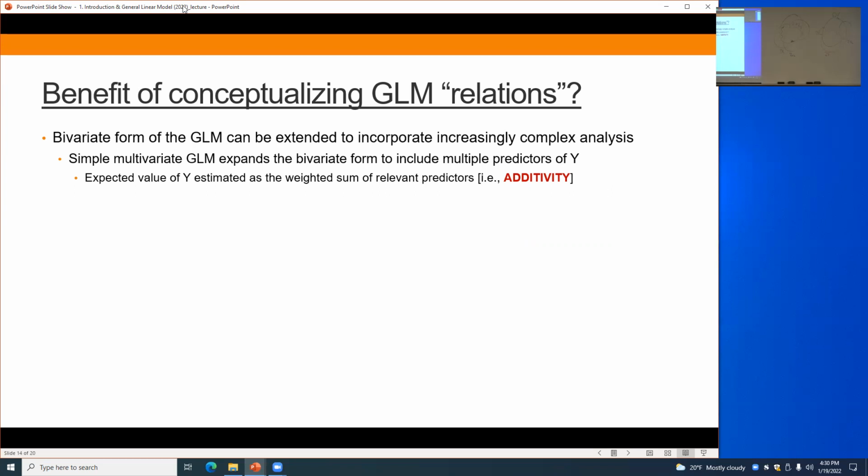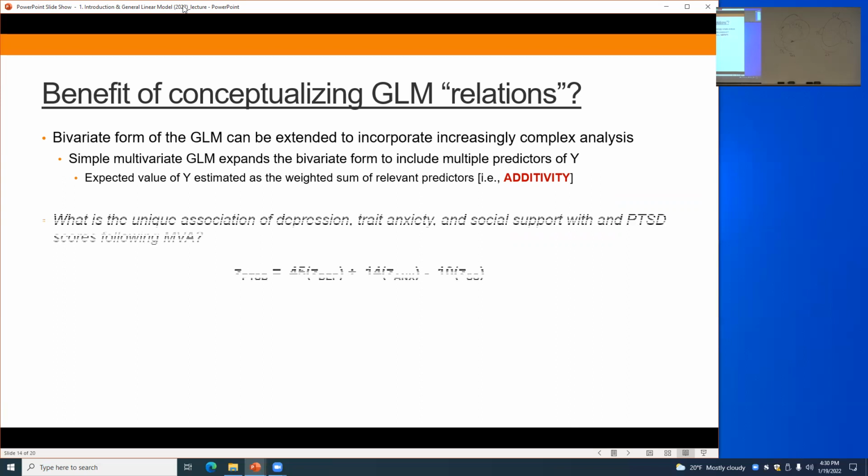And we can start to think about my expected value, my predicted value, my outcome, as the sum of my weighted predictors. Remember that additivity thing we talked about? If I have this information, I can predict y. If I add another one in, I can make an additional adjustment, and if I add another one in, I make another adjustment. You continually hone in on a prediction that's more and more accurate relative to just having one variable in and of itself. So for example, let's say that I want to look at